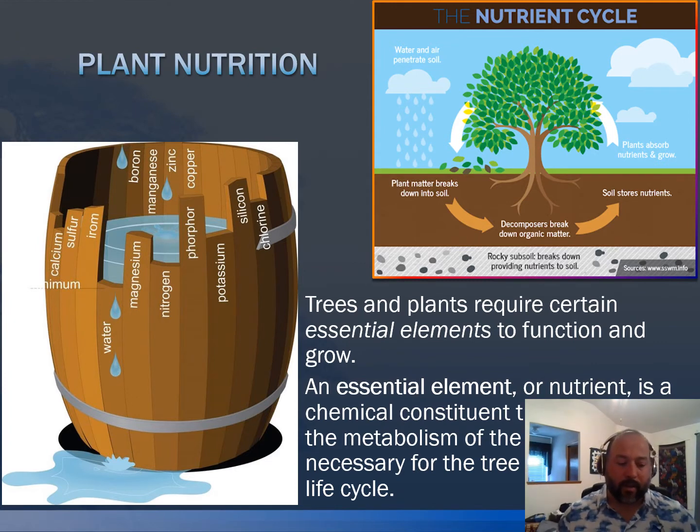So what we really need to focus on is this: we can say this is what a plant needs to grow, and we're okay with that. But what we're really thinking about now is what does a plant need to grow well? How does a plant, a tree, or any woody thing actually grow well? That's where we need to understand that trees have certain essential elements that are important. Whenever we're talking about the essential elements, we're talking about the nutrients